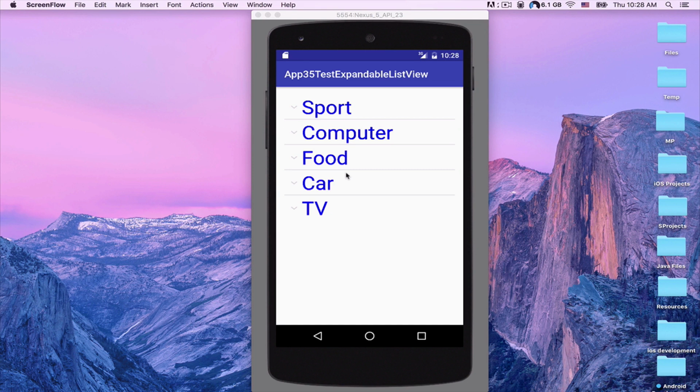Hi everyone, in this tutorial we're going to create an app like this. In this application we're going to use the expandable list view. So let me show you how this app works. As you can see here, we have an application that uses an expandable list view, and if I